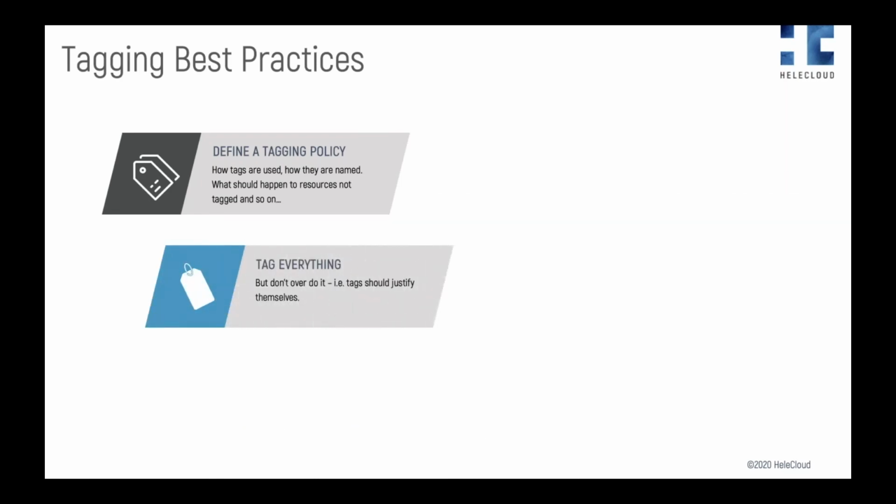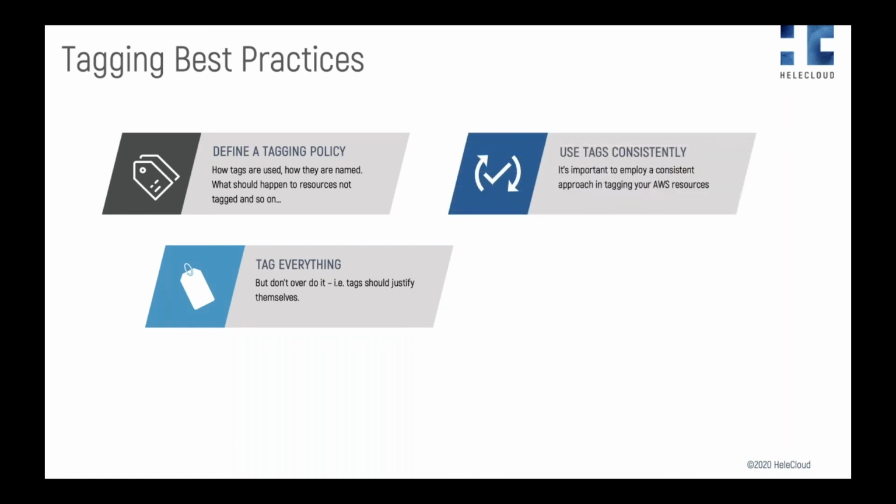After you have your policy, you can start to tag your resources. Make sure that you tag everything that gets created. In fact, for some of the managed service customers that we have, automated procedures are in place that will destroy any resources created without tags. Having said that, we don't want to overdo it and have 40 different tags for every resource, so each tag should be justifying itself and its use. When you apply tags, apply them consistently.